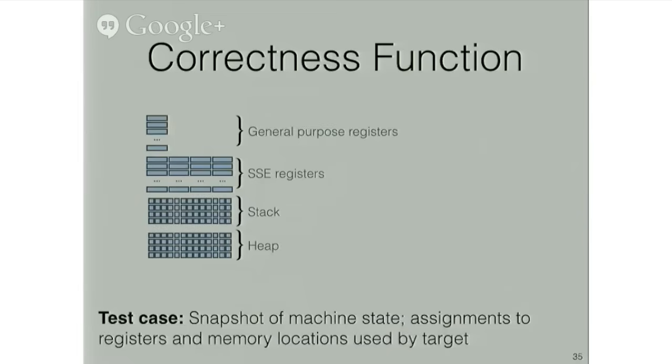For x86 assembly programs, a fast method for doing this is to simulate both the target and the rewrite on identical inputs and just compare the results. So here I've shown an example of an input, which I'll refer to as a test case. This is simply a snapshot of an x86 hardware execution context, or slightly more formally, it's an assignment from live-in hardware locations, whether they're the general purpose registers, the SSE registers, or locations in memory, whether they be on the stack or heap.